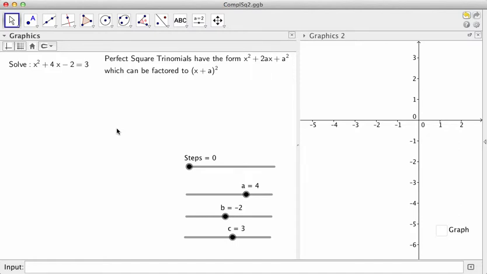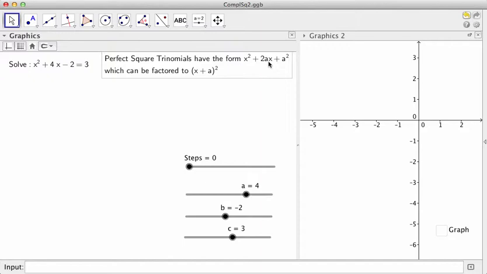In this video, we're going to look at a method called completing the square that we're going to use to be able to solve quadratics. The nice thing about this method is it can be used for any quadratic, whether that quadratic could be factored or not. So perfect square trinomials, as you may recall, have the form x squared plus 2ax plus a squared,